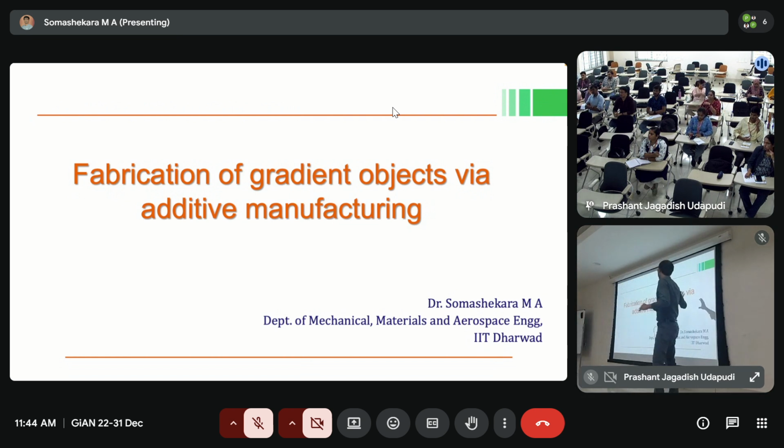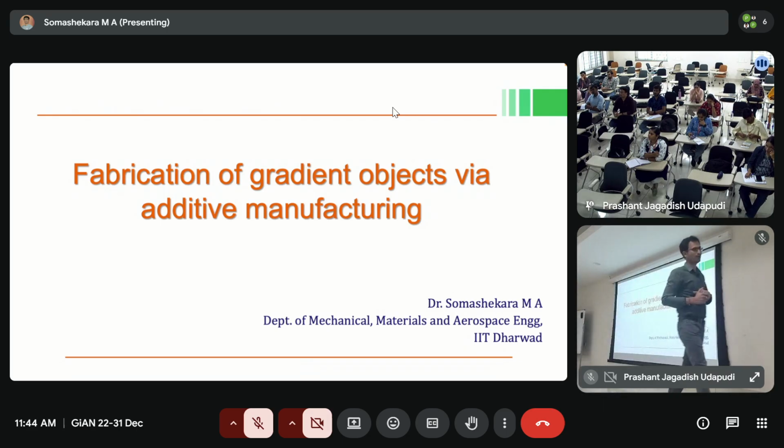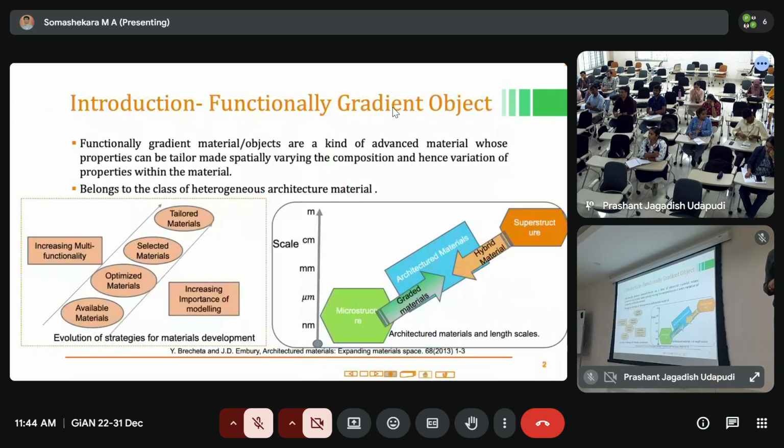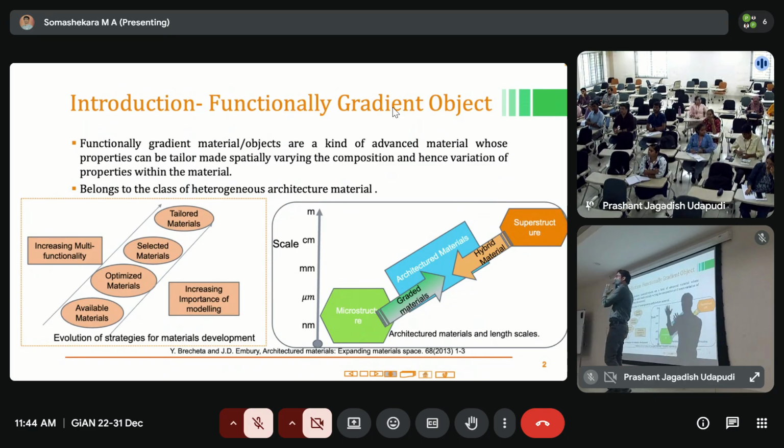Here we will go one more step forward in terms of controlling your materials and your structure. If you see the history of materials, the evolution of the material,